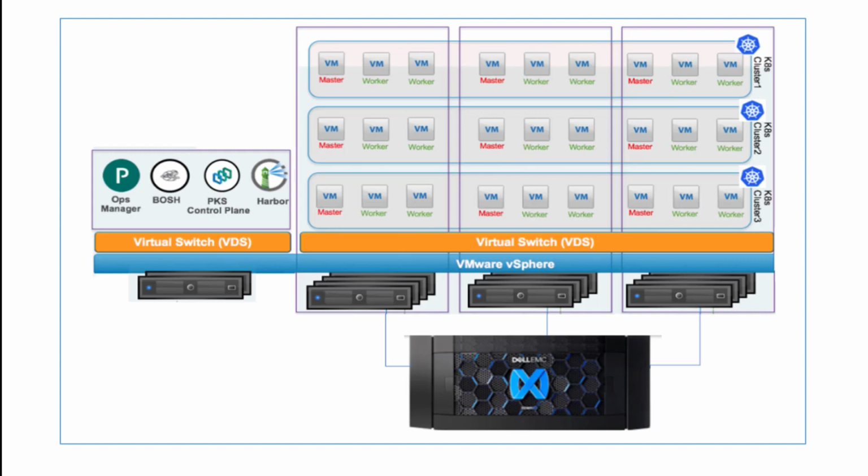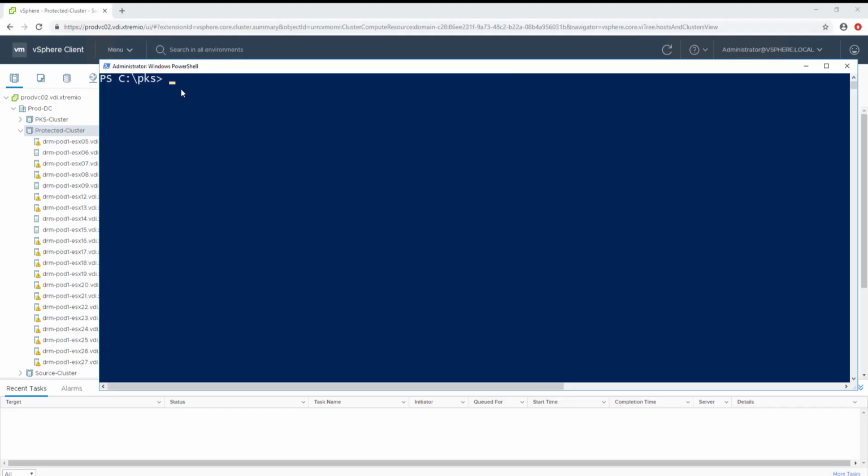Application with Pivotal PKS and the Dell EMC XtremIO CSI plugin. Although it's relatively easy to run stateless microservices using container technologies, stateful applications require slightly different treatment. To demonstrate the capabilities of managing Kubernetes persistent storage applications using the XtremIO CSI plugin with Pivotal PKS, I'm going to deploy a YugaByteDB multi-node cluster on top of the Pivotal PKS Kubernetes environment, which is connected to a single